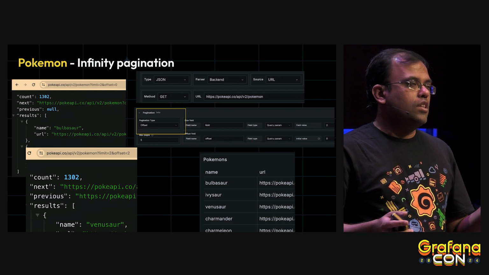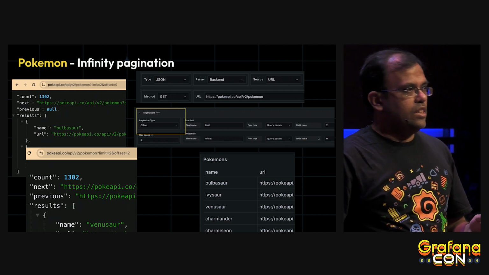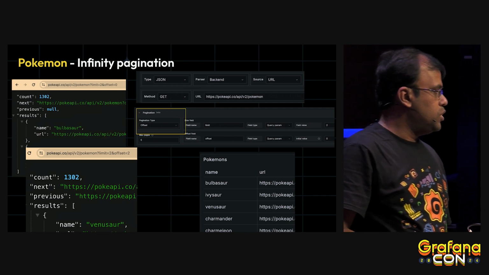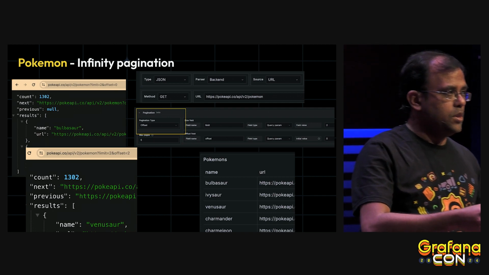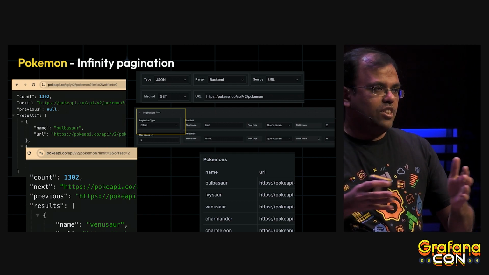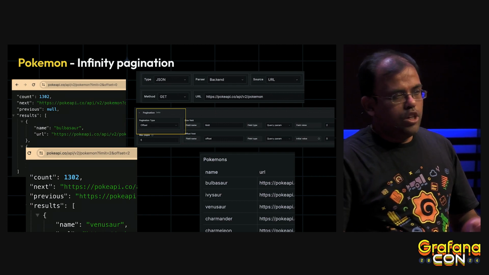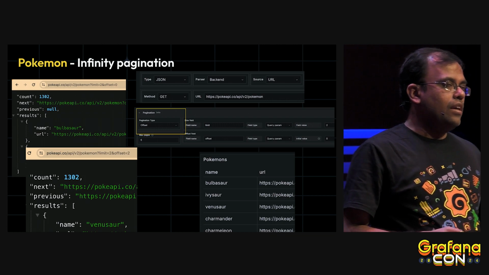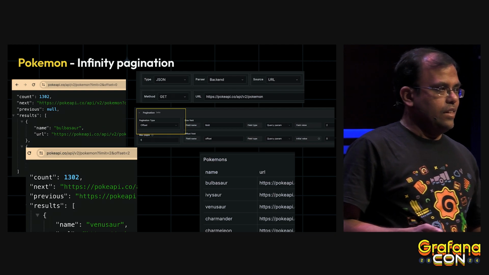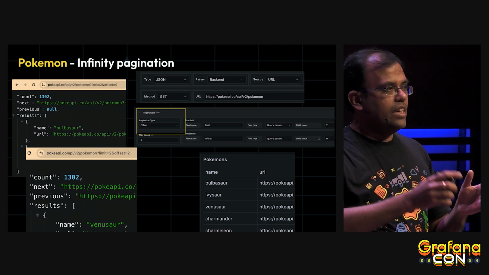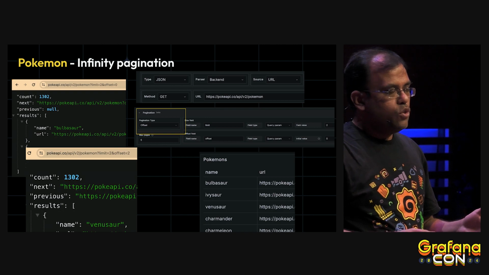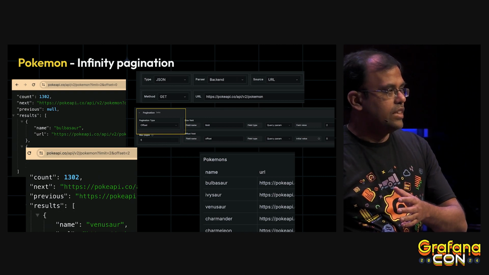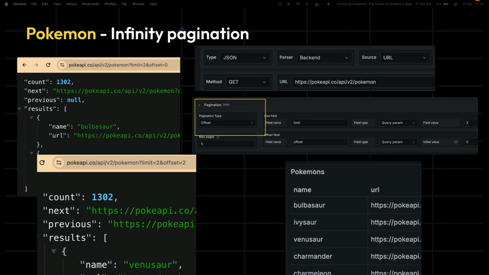Some pagination can be simply number-based pagination. Get me page number 1, page number 2, something like that. Or sometimes it can be offset-based pagination. Okay, I want to offset by 10, offset by 20, something like that. You can do offset-based pagination as well. And sometimes your data will have metadata like cursors. So with cursor-based pagination, you will send the cursor in the first URL and pass the same cursor to the second URL like that. So Infinity does support those paginations, which makes it easy for Infinity to get lots of data.